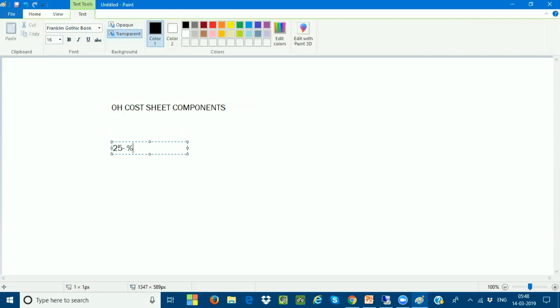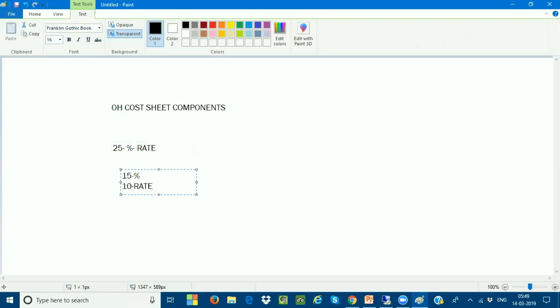And which cost sheet components are you taking under a rate, not under the percentage? We cannot treat them as a percentage; we can treat them as a rate. There will be some fixed rate given by the client for those components. Now, when I got these 25 cost sheet components, the client has bifurcated them. These 15 are based on the fixed percentage, and the remaining 10 are based on the rate.